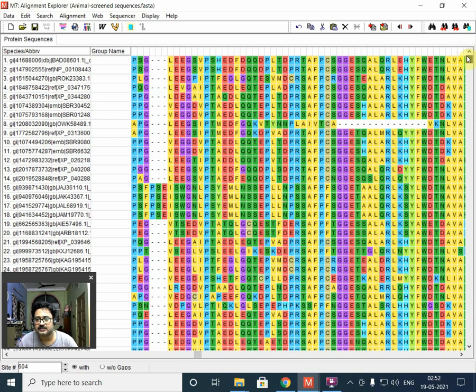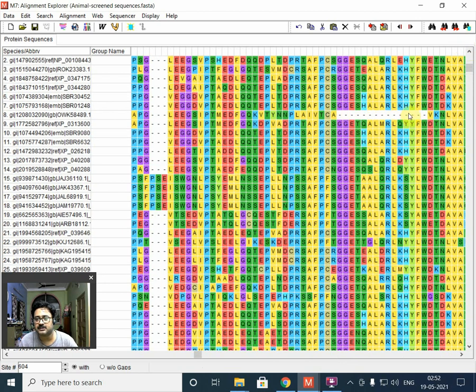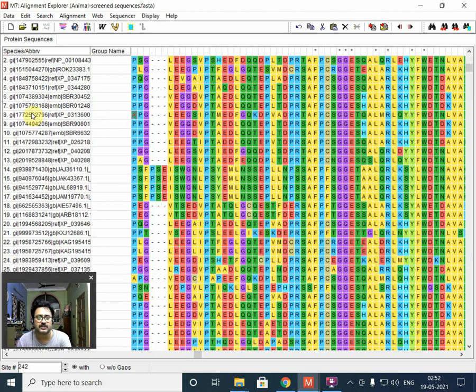As you can see, this particular region is ruining the alignment of this other region. Right now we are not deleting it, but if you want to see the effect, just by deleting this one sequence, you will see multiple stars have been generated.